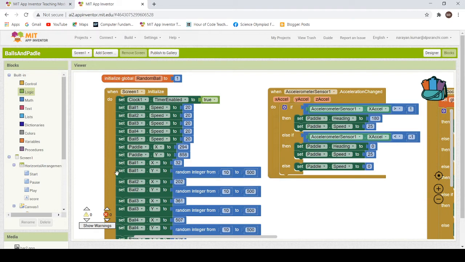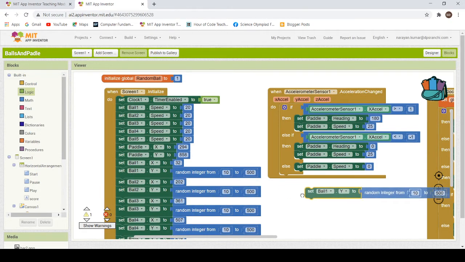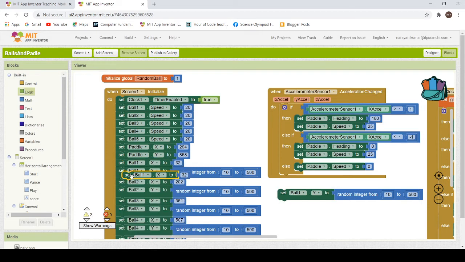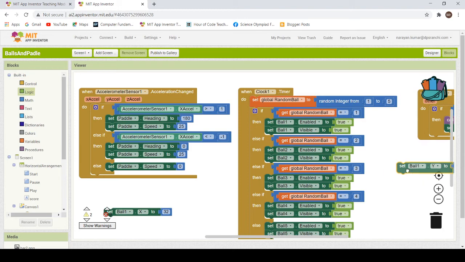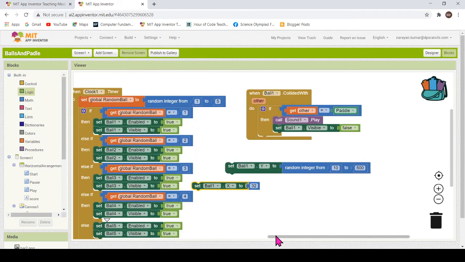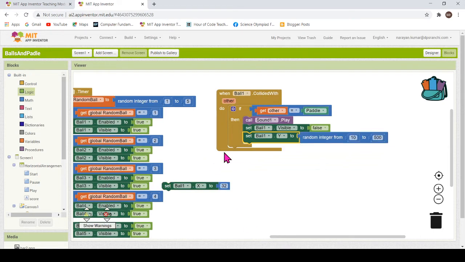Similarly, we will select its x and y, copy and make a duplicate of these two blocks, and this is ball one x and ball one y. So let's keep this ball one x and ball one y, and we will give this location. So as soon as you collide with the paddle, you make sound, get invisible, and then you go back to the place where you had come from.